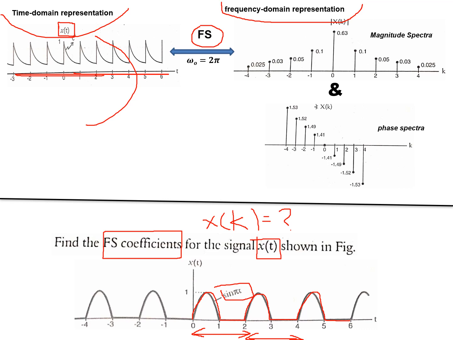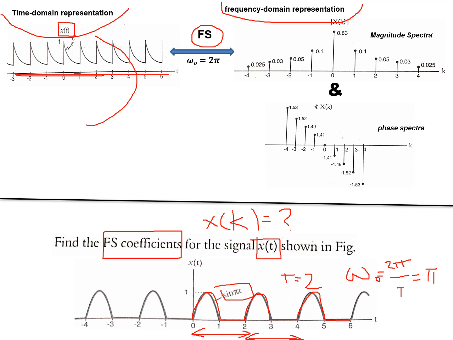So I'll take only one cycle at the beginning, that is my time period is 2 seconds. From this graph I'm getting time period is 2 seconds. That is, every 2 seconds the waveform repeats. So time period is T seconds. Therefore fundamental frequency omega naught, by formula, is 2 pi divided by time period T. 2 pi by 2 is equal to pi. That is pi radians per second. Fundamental frequency is pi radians per second.